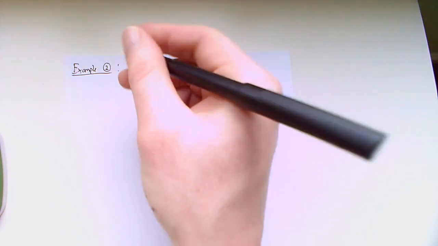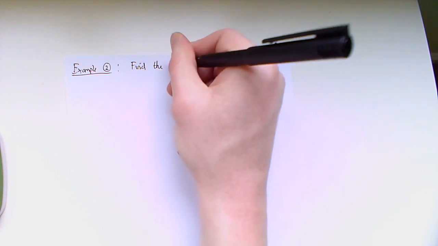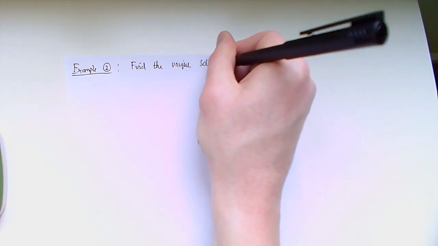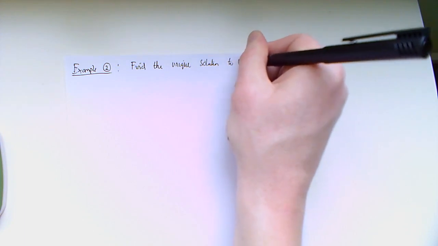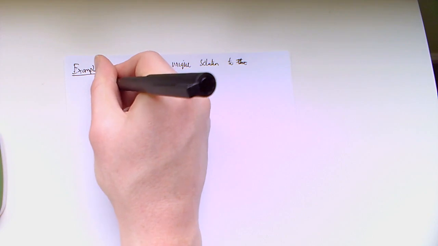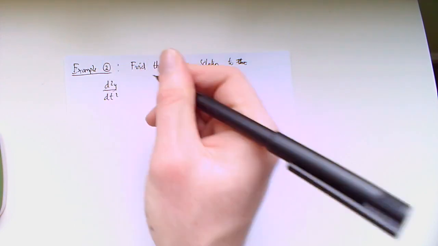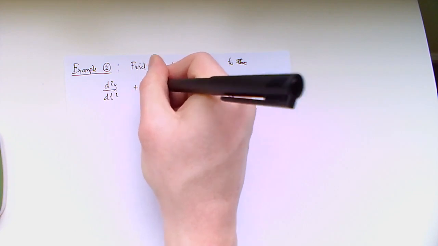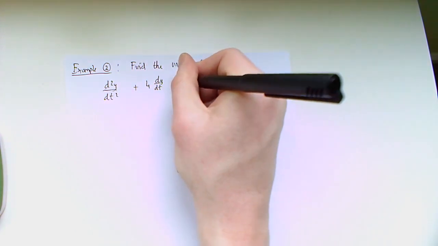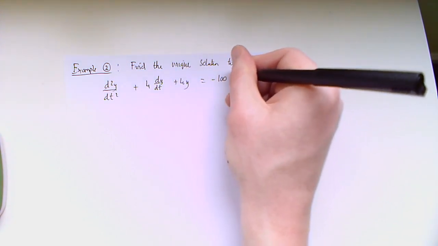So I'm just going to change the wording to find a unique solution to d squared y by dt squared plus 4 dy by dt plus 4y equals negative 100 sin